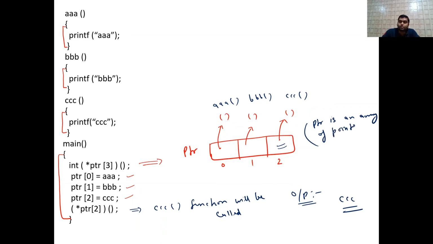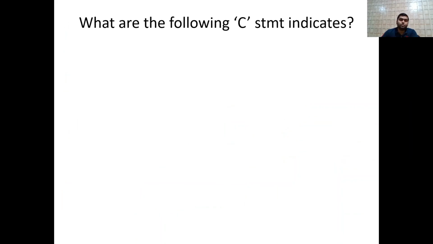Pointers pointing to, or each element is pointing to a function. Each element is pointing to a function. Okay. So I hope that this is clear to you. And these are very interesting and very useful things.